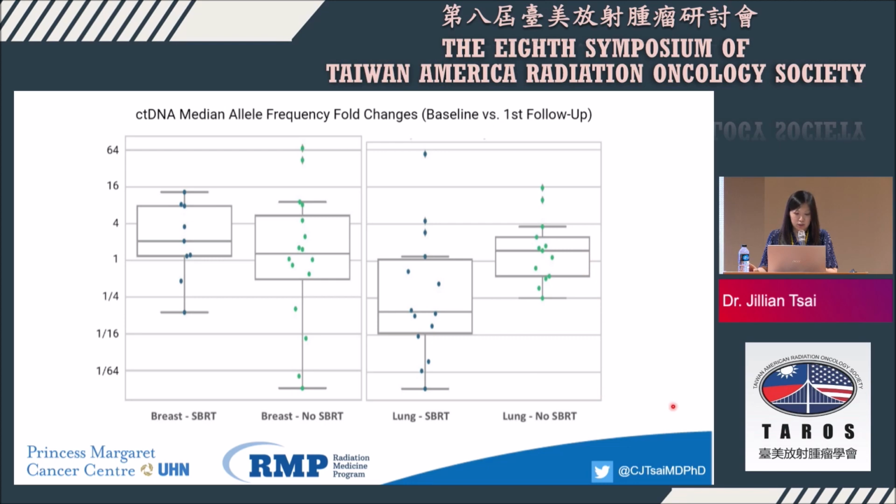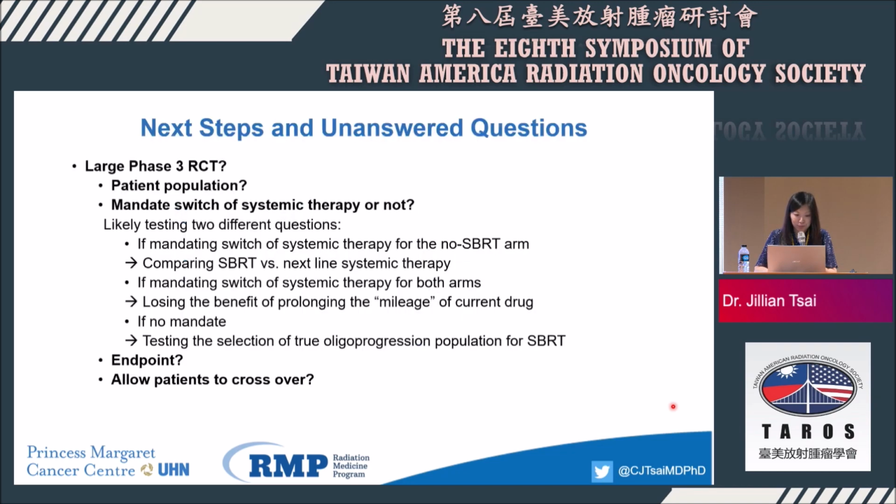So this biology correlation actually further confirmed our suspicion that in the breast cancer patients, at least in the cohort that we treated, the disease was more systemic. Radiation probably wasn't going to be useful. Whether the breast cancer patients don't even have an oligoprogressive or oligometastatic state, or we didn't capture them at the right time for our intervention, this remains to be answered. So there are many, many unanswered questions.